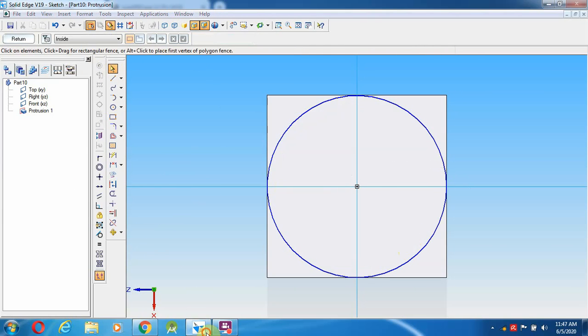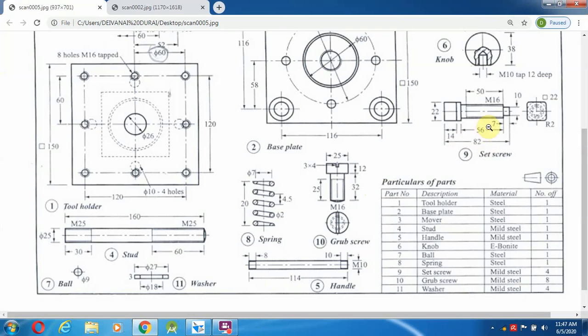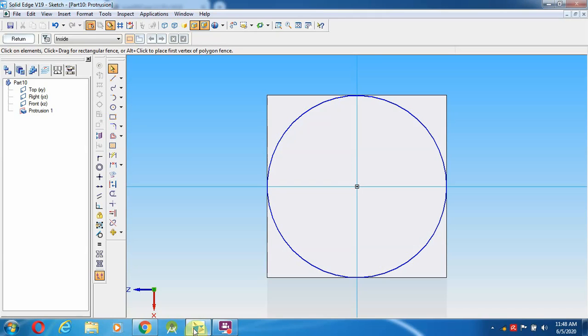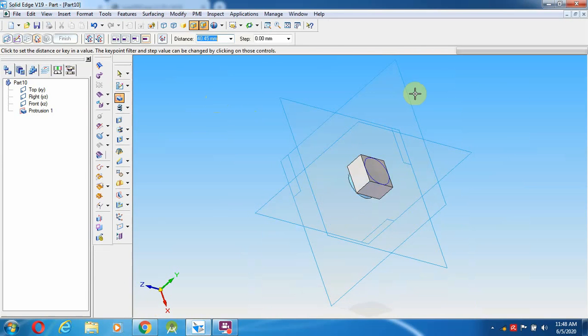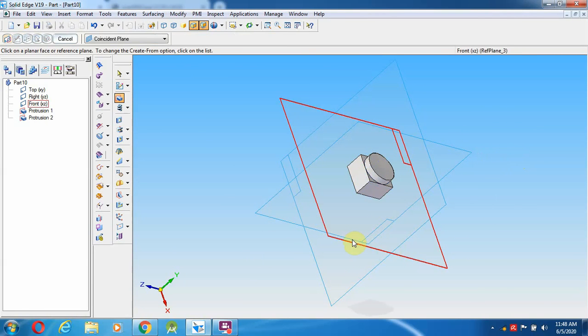So this I am going to give the depth 82 minus 14 minus 7 minus 56, enter. So it is coming as 5 mm. So that 5 mm only we drew over there.